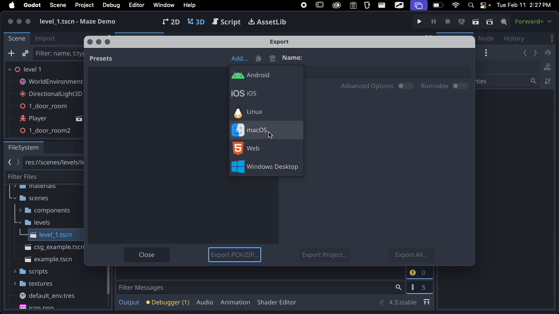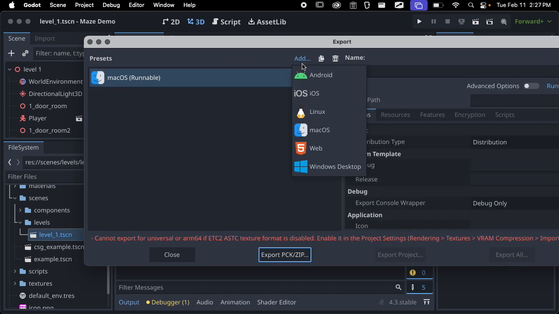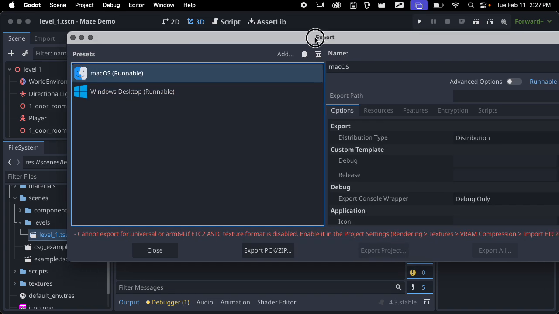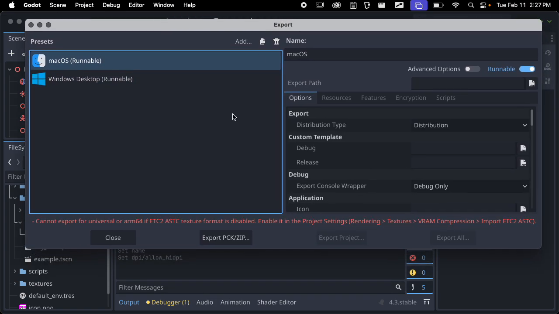So it's going to be better performance-wise to do Mac and Windows, and this is more typical for 3D games, that you download an executable application rather than running a game in the web. Running a game in the web might be more typical for a 2D style game. So we're going to want to add both the Mac and the Windows platforms. And some of the computers should already have them downloaded, but if you see this red